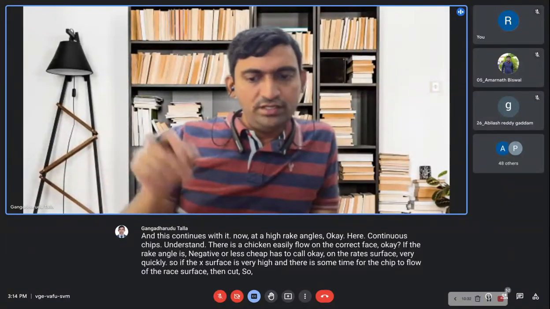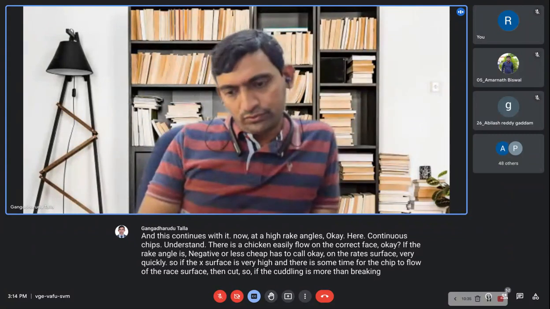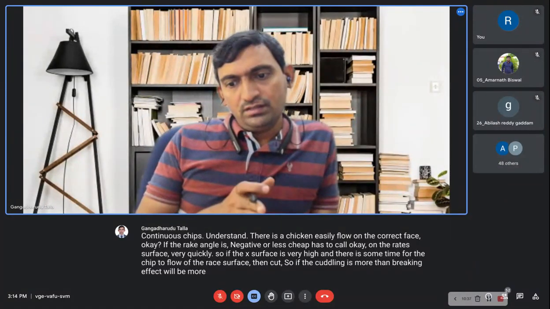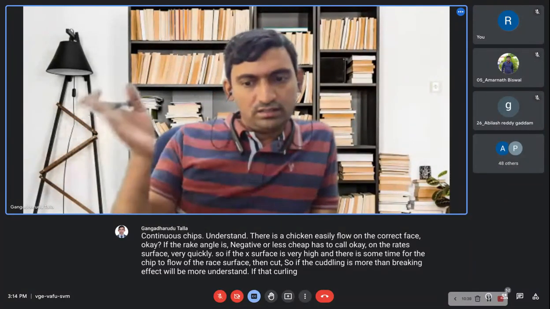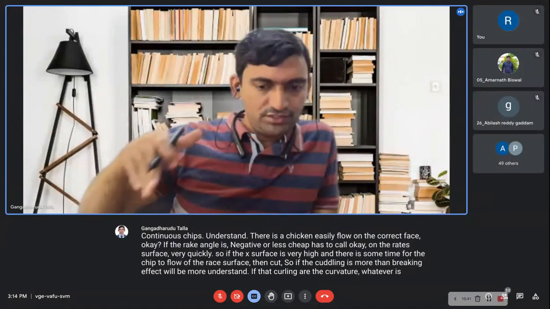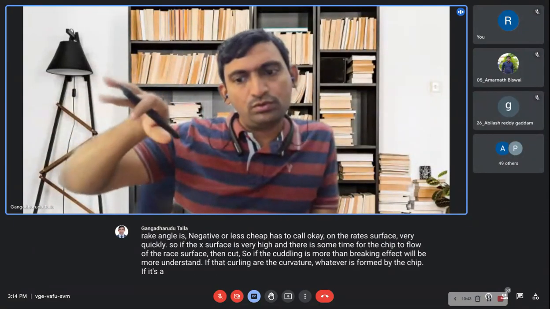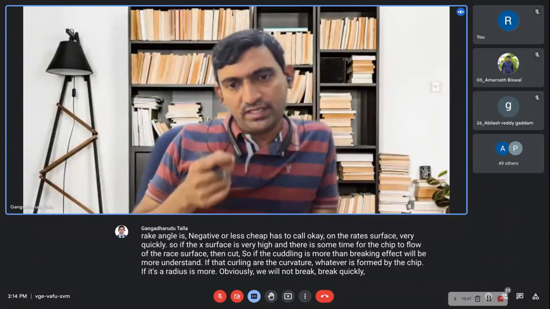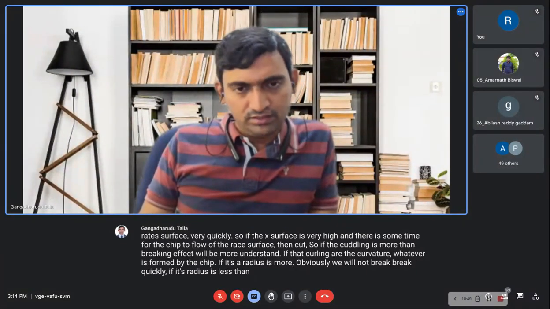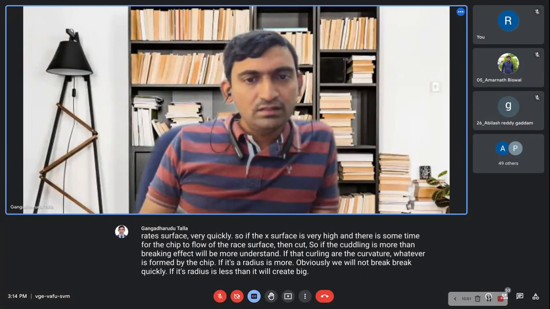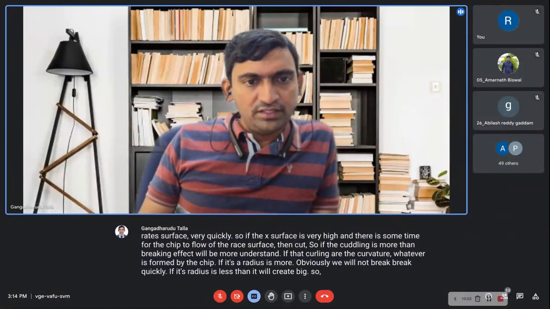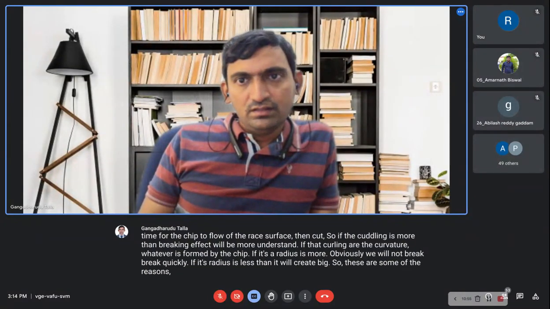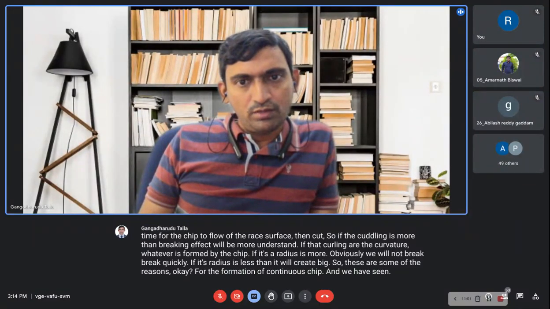So if the curling is more, then the breaking effect will be more. Understand? If the curvature formed by that chip has a larger radius, obviously it will not break quickly. If its radius is less, then it will break quickly. So these are some of the reasons for the formation of continuous chip, and we have seen the problems